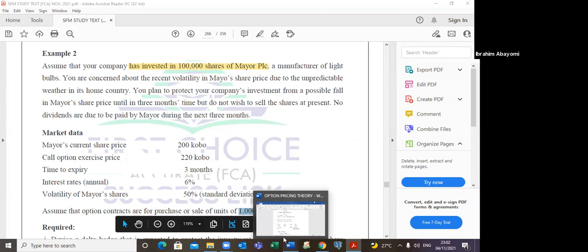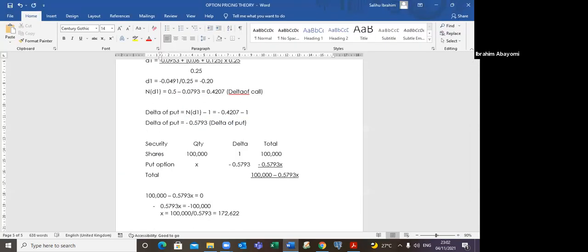So you now come and say number of put options is equal to 172,622 divided by 1,000. That will give us 172.6, approximately 173. Yes, 173 put options. You cannot buy half an option,